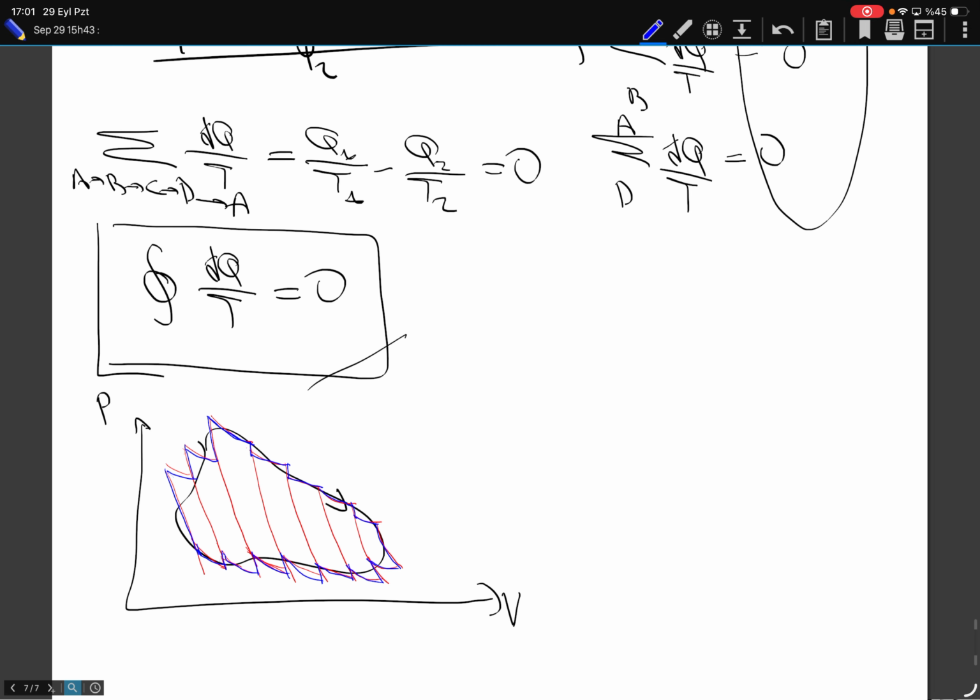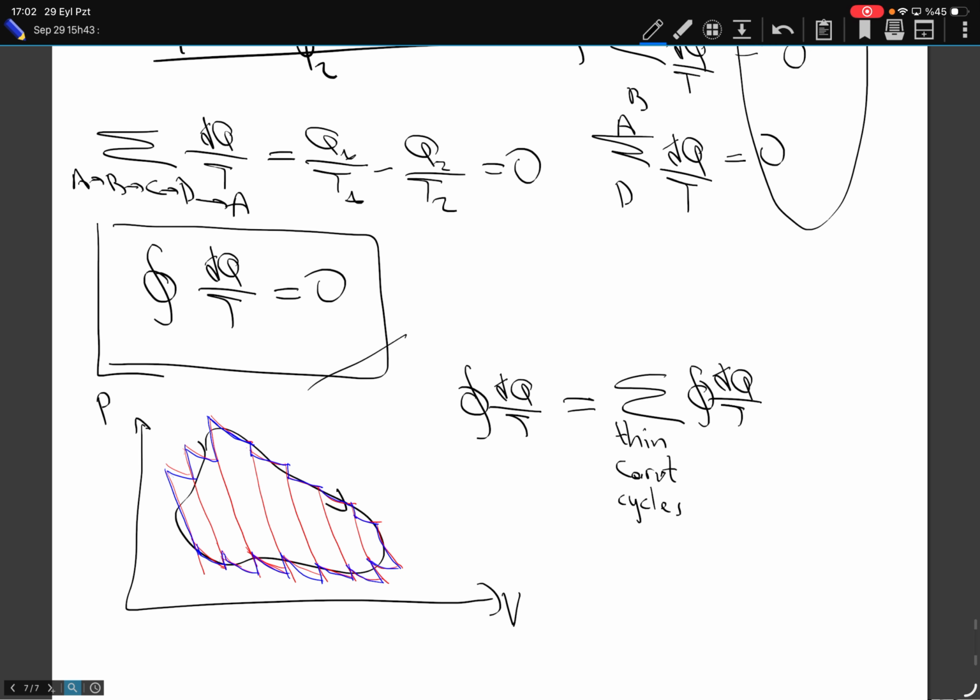So when I evaluate this dq over T over my arbitrary path, my claim will be this is equal to the sum over all these thin Carnot cycles. This is what I will claim. Why is this so? Well, if you look at each one of those Carnot cycles in that integral,